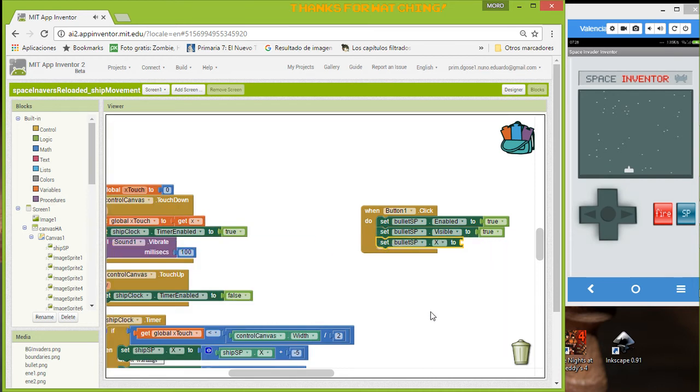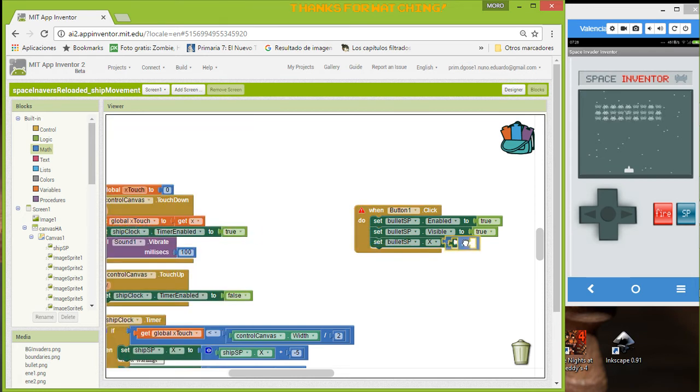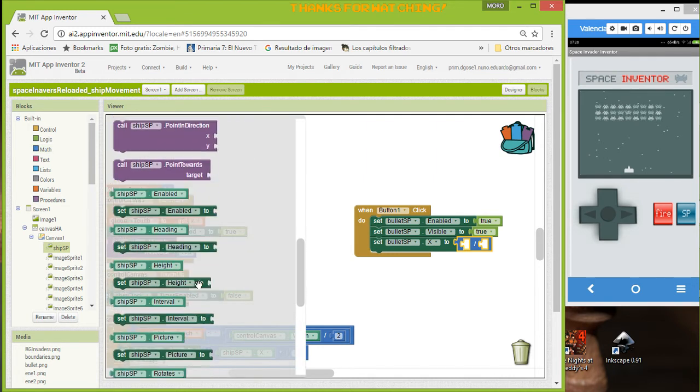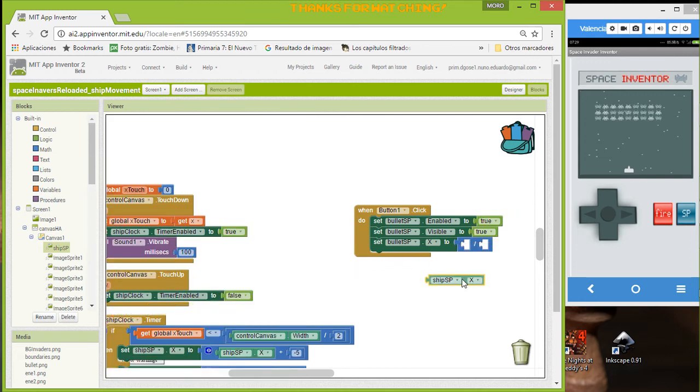So the X position of the bullet, we are going to set it using math to center, and we're going to center this based on the ship. So we're going to use the position of the ship X,